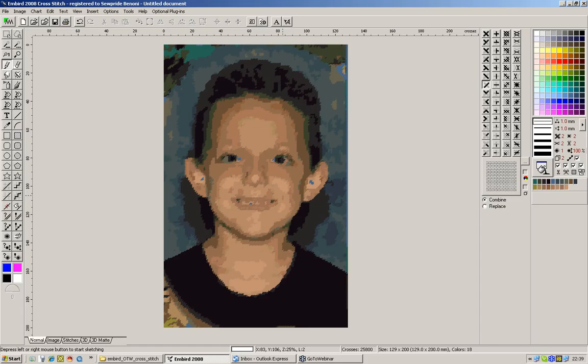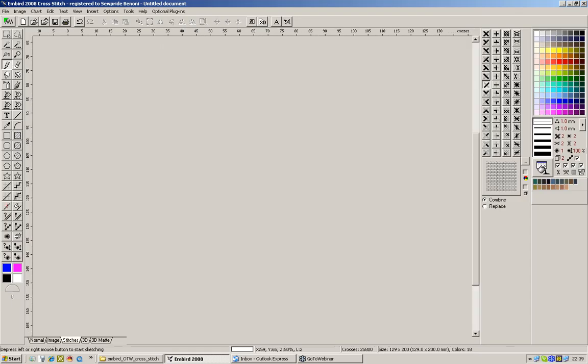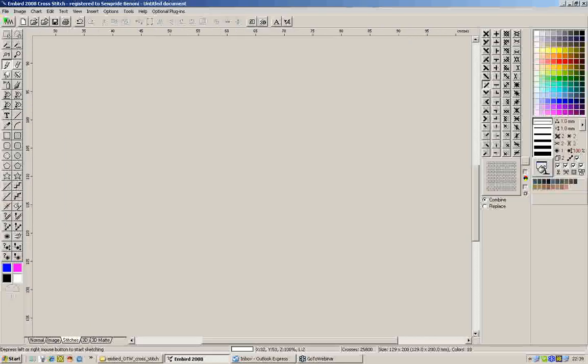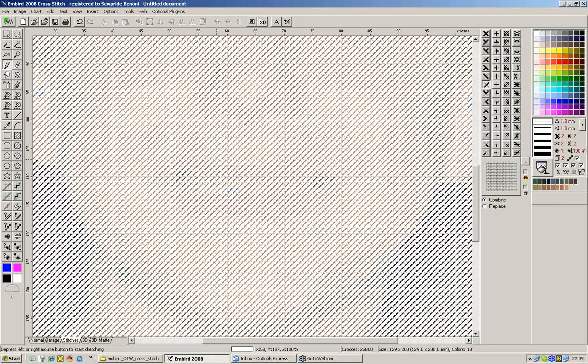All right. And my design is there. Wow. If I zoom in, you will see, just a little bit more, zoom in a little bit more so that you can see the actual stitches on the screen. Wow. Do you see there's no crosses in the whole thing? It's all like